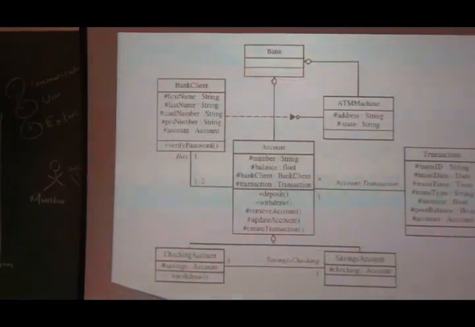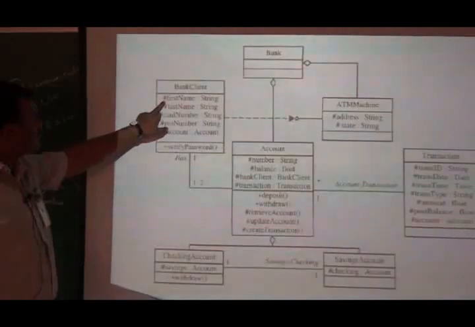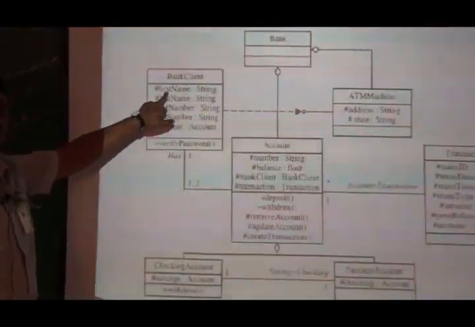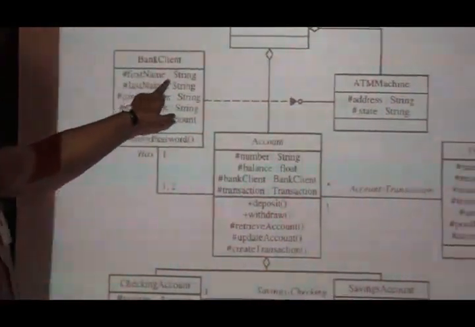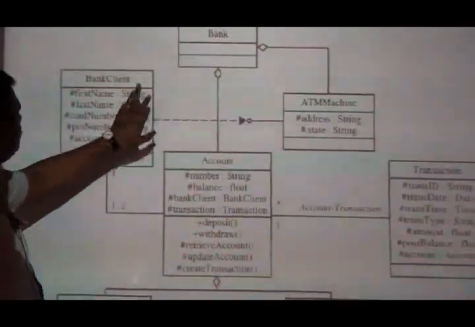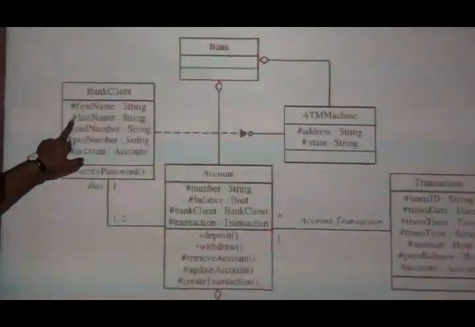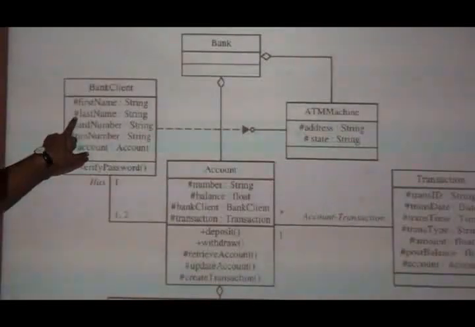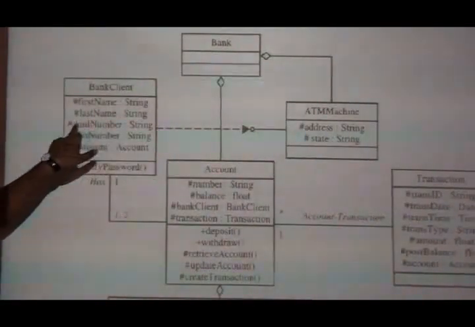This is the UML attribute presentation. That is protected. The first name is the attribute. What is the type? The type is string. The next one is the attribute. What is the visibility mode? Protected, last name, string. Then the card